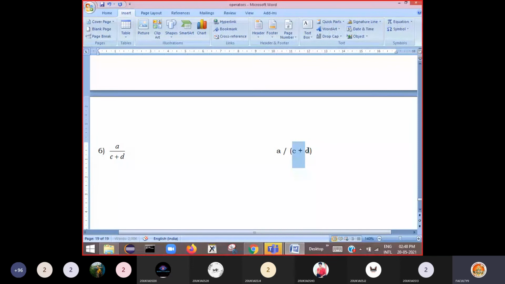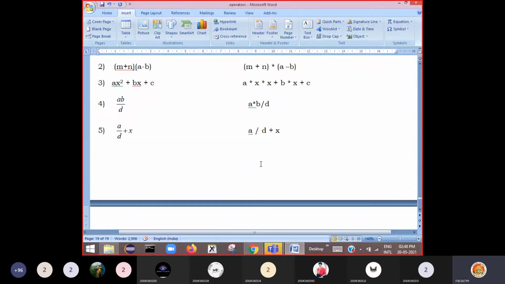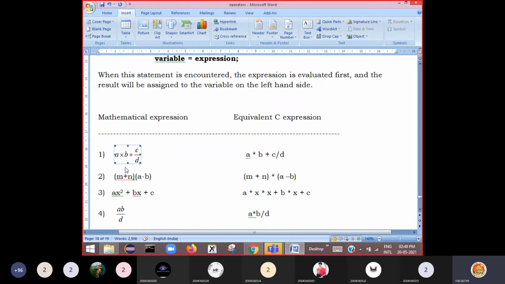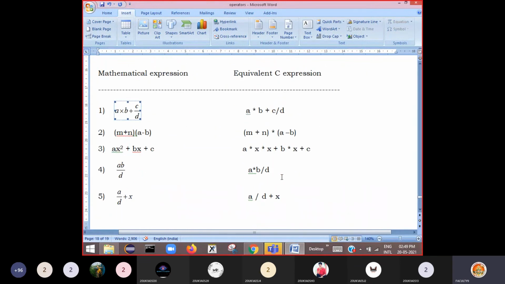First c plus d is calculated, then it becomes the denominator, and a divided by the result will be performed. If you don't write parentheses here, then you will get an erroneous result. Your answer will be wrong. Clear? These are some of the mathematical expressions and equivalent C expressions.